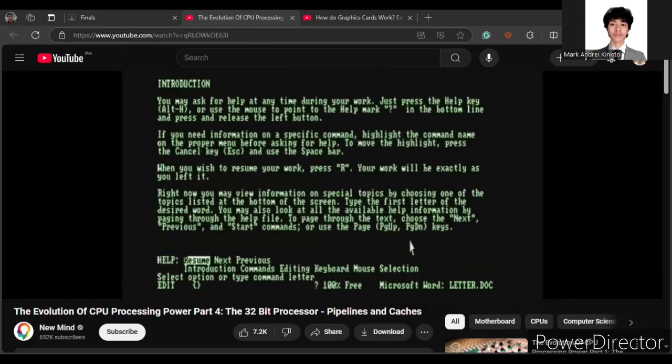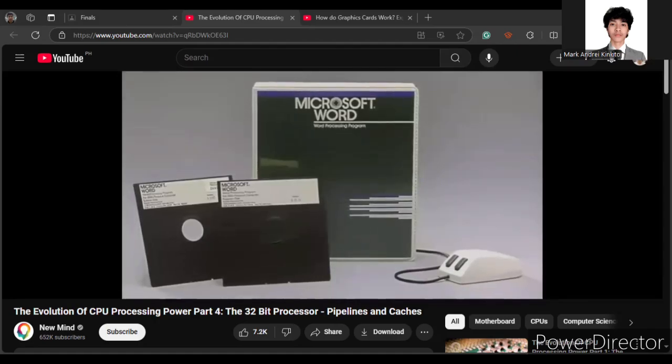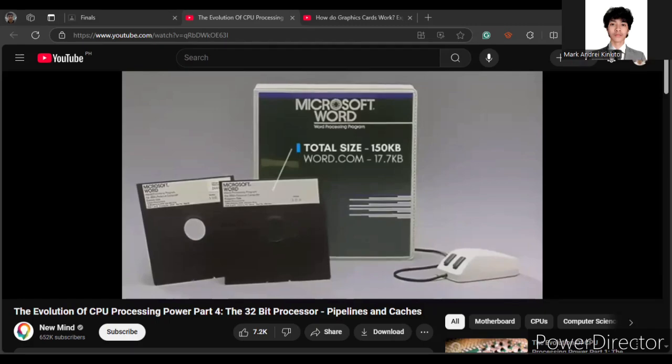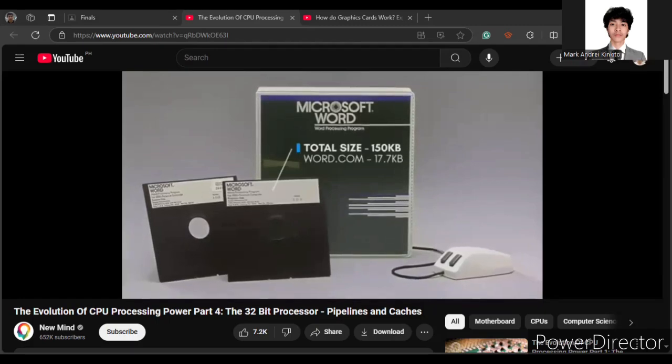One of the early examples was the Motorola 68020, which featured both internal and external 32-bit data buses, as well as a 32-bit address bus. This 32-bit arithmetic logic unit allowed it to perform 32-bit operations in a single clock cycle,